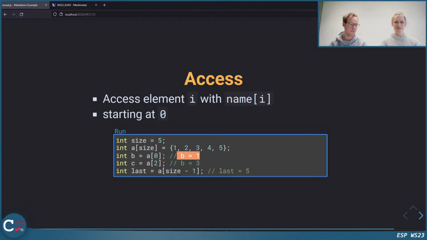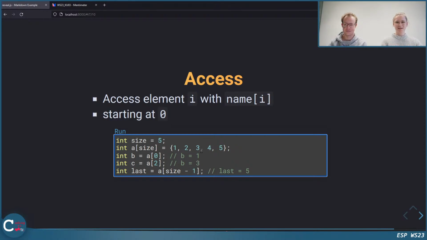So B is 1 here. Then we can access the element at index 2. This will be the 3. So actually the third element, because this is the element with index 0, index 1, index 2, with the value 3.